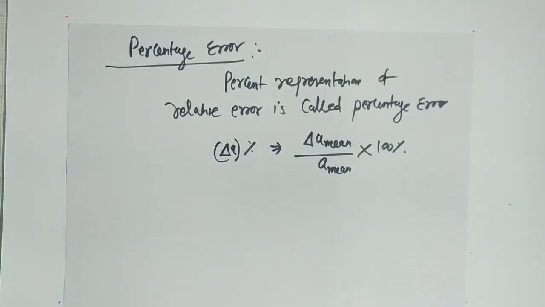So these are the types of errors related to measuring devices, and we are going to follow all of these: relative error, mean absolute error, percentage error, and further we will discuss the combination of errors. In the next class we will talk about the combination of errors. So go through them.